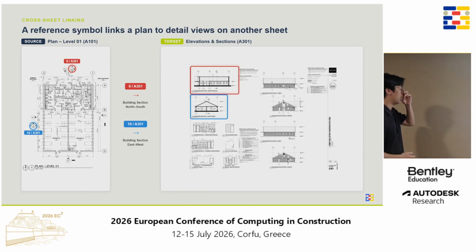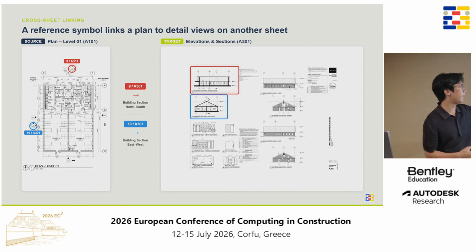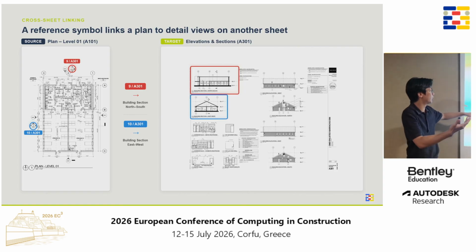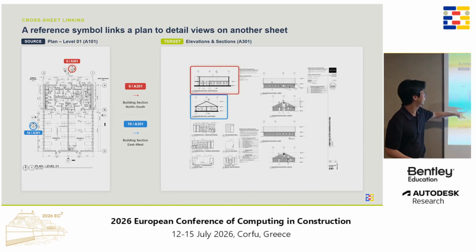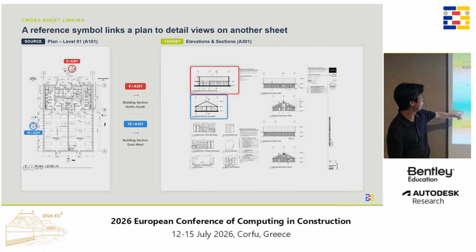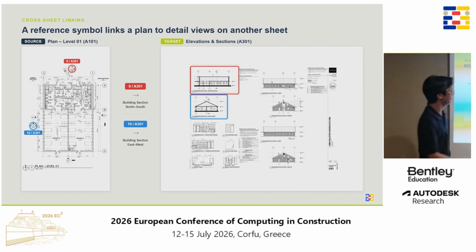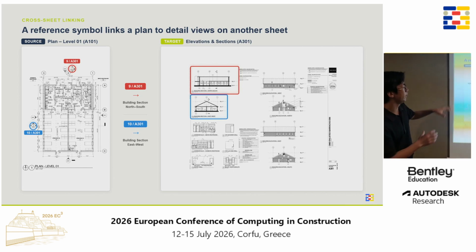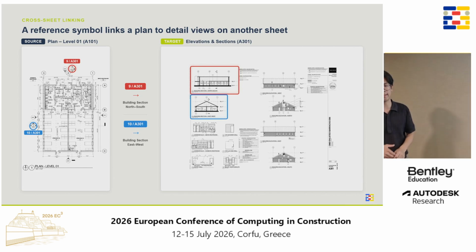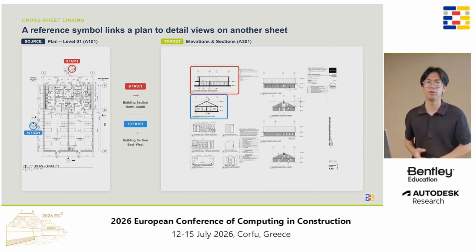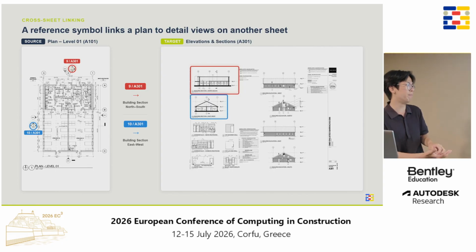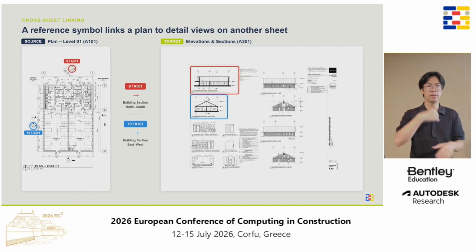So our current focus is detecting the layout and doing some OCR on the symbol, so we will see this is layout number 10 from drawing A301. So we will go to drawing A301 and link them together, for a more comprehensive understanding of the drawings. It's not just within one drawing sheet, but crossing